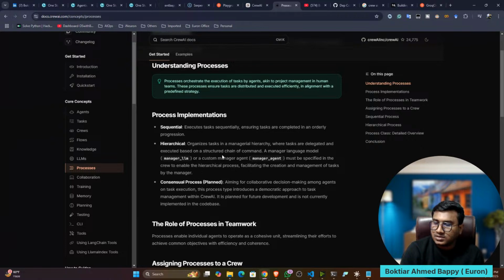Yes, agents always require a tool. Without a tool it can't do the search operation. Tools are required, because with the help of the tool it will do the Google search.